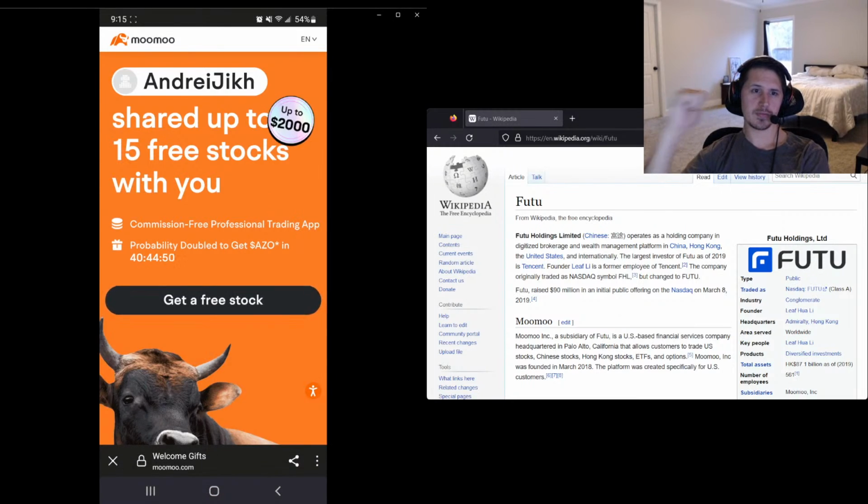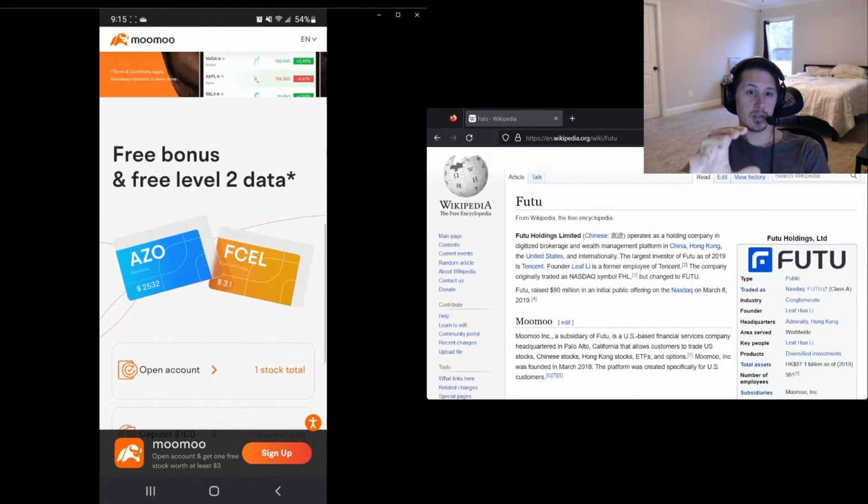which just for signing up, you get one free stock that can be valuable up to, I think, $700. It's very rare that you get the good stocks, which you'll see in this stream. But you get the one free stock just for signing up. And then once you deposit money, you get $10. And then if you deposit $100, you get, I'm not sure how many free stocks, but if you deposit,